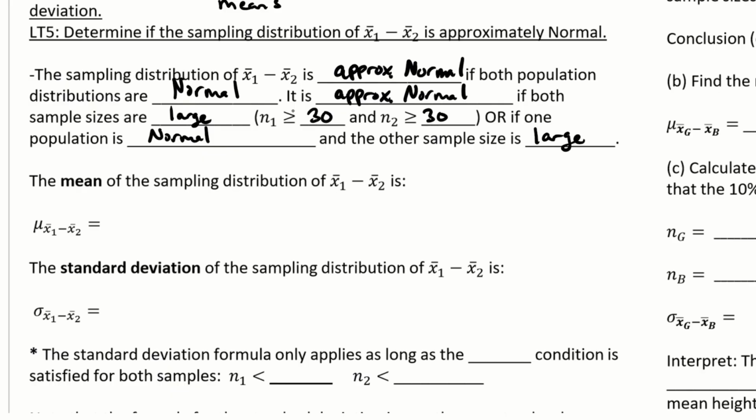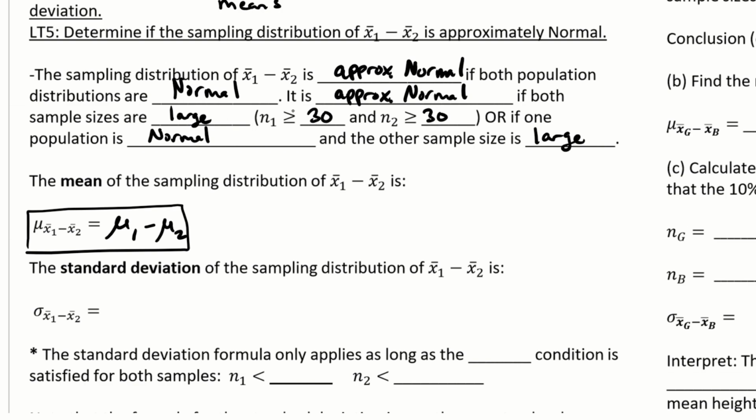All right, so the mean of the sampling distribution x bar 1 minus x bar 2 is as follows. It's just going to be mu1 minus mu2. That's it. Okay, there's that. And then the standard deviation of x bar 1 minus x bar 2. Remember that